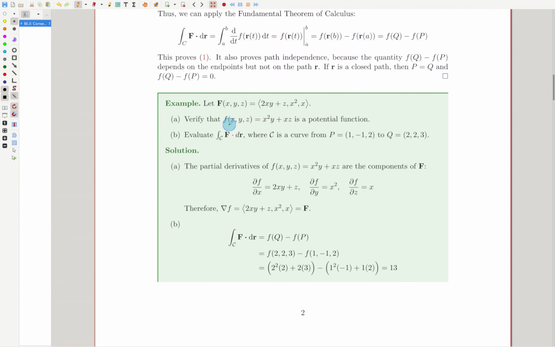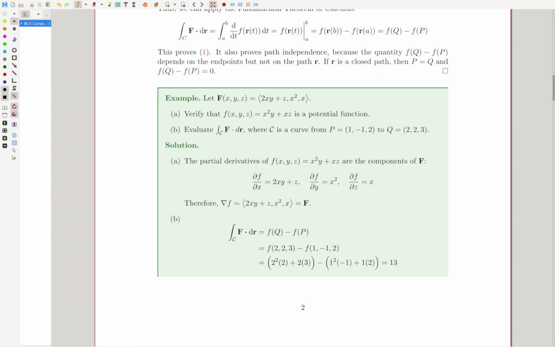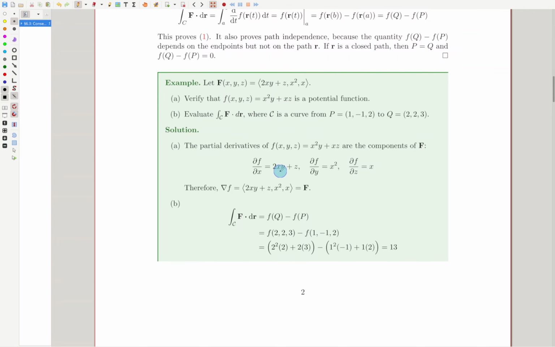Okay, so the way to check that this potential function works is we take the gradient of it. So we take the partial derivative with respect to x and y and z. So partial derivative with respect to x will give you this quantity. You can check that. Partial derivative with respect to y will give you this quantity, right? It's only coming from this term. And partial derivative with respect to z is only coming from this term, gives you x. And so therefore that reconstructs the vector field capital F,